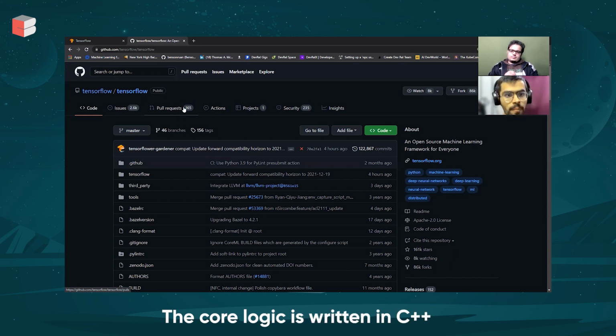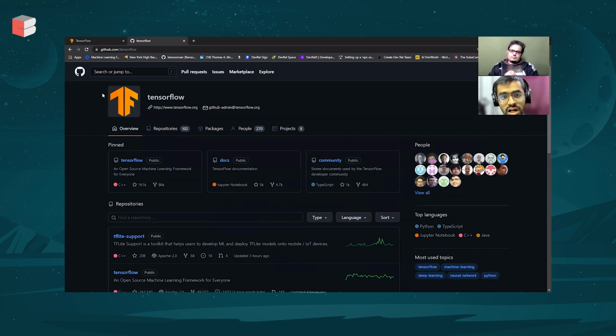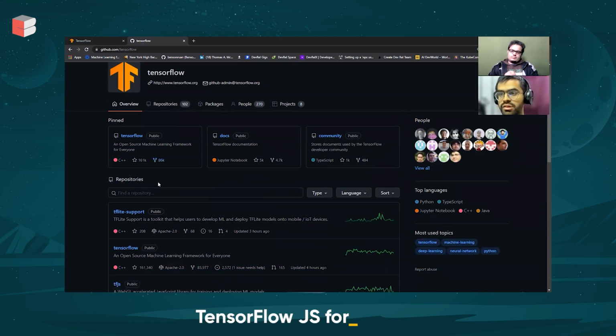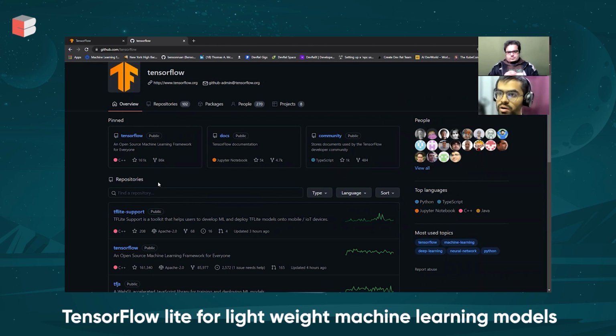Some of the most popular programming languages that you will find across TensorFlow include C++ and Python, and since TensorFlow is also supported for a lot of other languages, we have a dedicated TensorFlow JS that is meant for TensorFlow for web. Then we have TensorFlow Lite that is used to run lightweight machine learning models on lower powered devices such as Android.